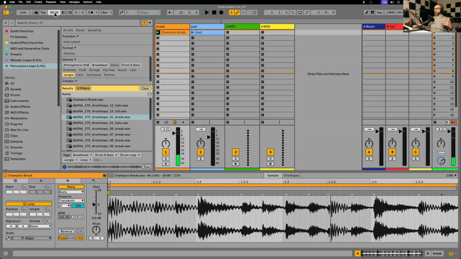Okay, that could be cool depending on what you want from your drum loop or whatever it is you're warping. But odds are when you're really time stretching a drum loop like this and you start to slow things down or pitch things down, it's going to start to sound choppy and weird, and you may not like that. Now, again, the reason for that is because beats mode, in order to time stretch this audio, it's chopping the